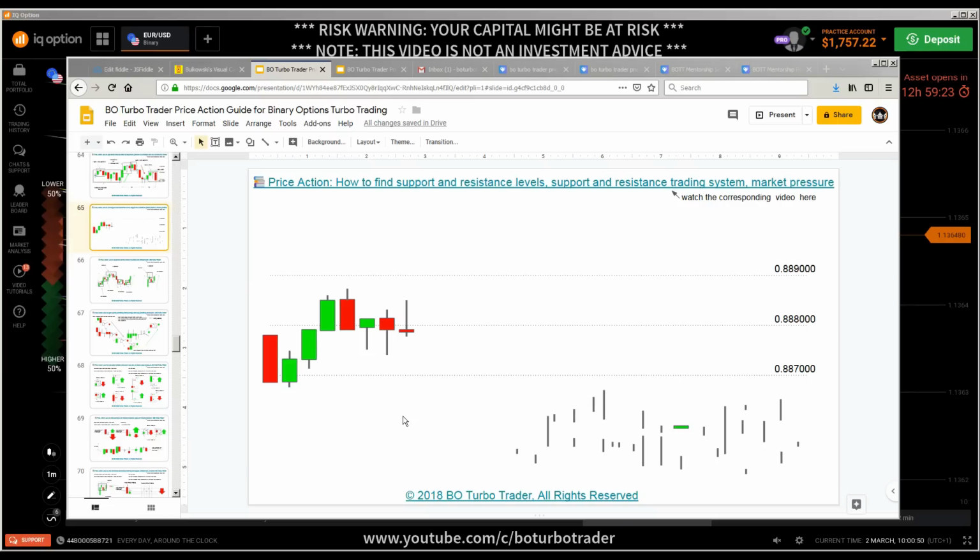But the thing is this, why would I enter now into a put? Because this candle here is showing buying pressure. Okay, that was showing buying pressure. This was showing selling pressure. In this case it was selling pressure because price was pushed down, got up, but it was showing still selling pressure because price pushed down and wants to go down further. So then we got this one here that was showing buying pressure. Why was it showing buying pressure? Because this candle closed here as an engulfing candle below the closing price, below the opening price of the previous candle,